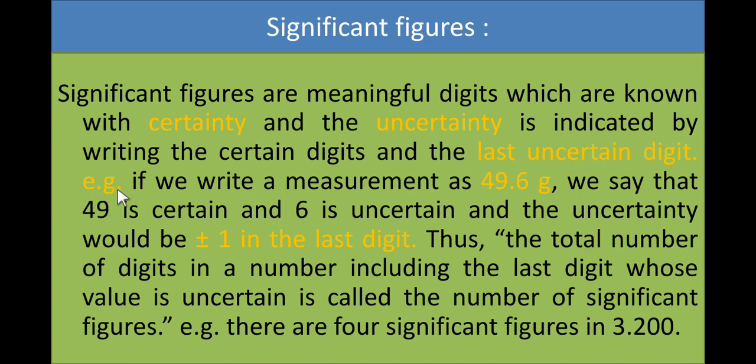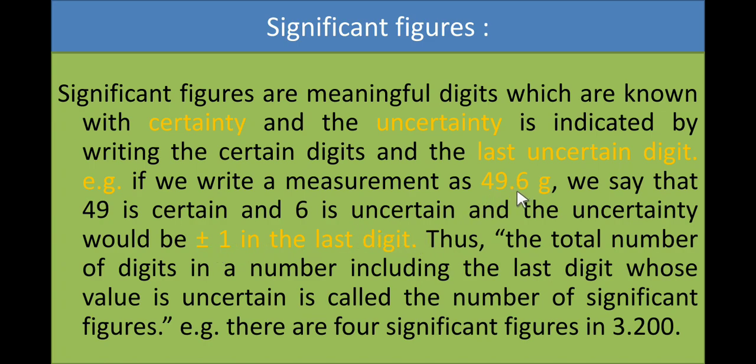Let us explain with an example. If we write a weight measurement as 49.6 gram, we say that 49 is certain and 6 is uncertain, and the uncertainty would be plus or minus 1 in the last digit,